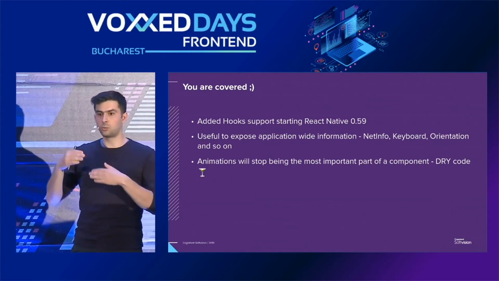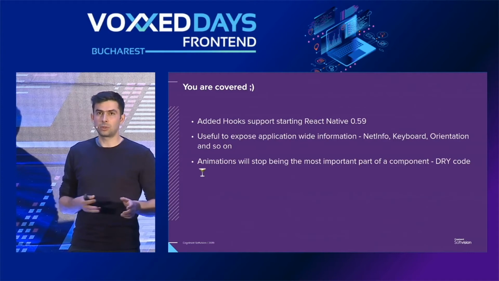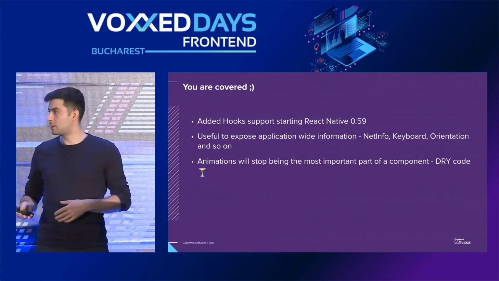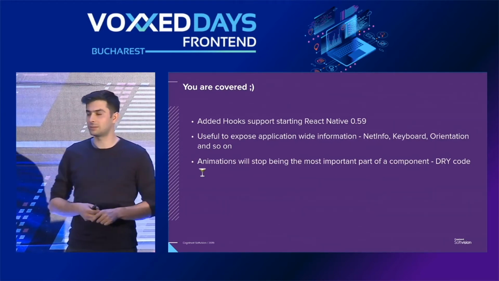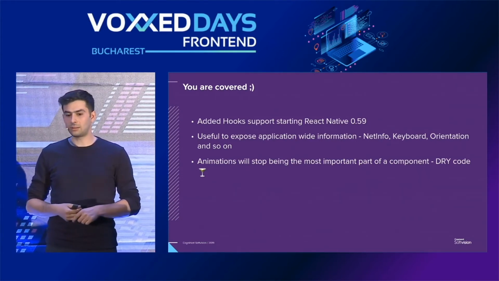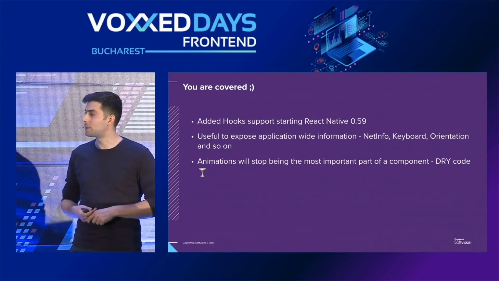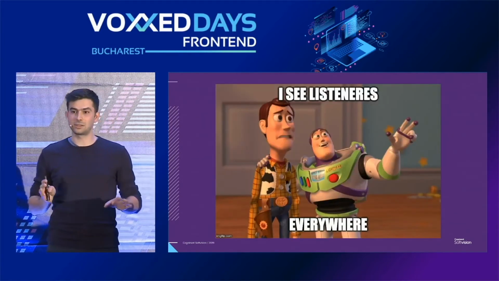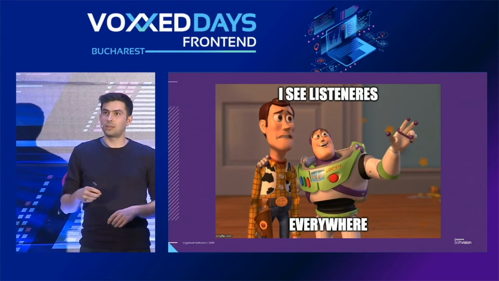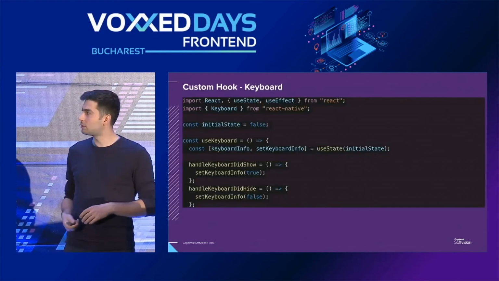So we have to make small adjustments, and there are components, as I said, but we didn't find any component that fits as the best solution for both iOS and Android. And because we have a really good client, they want the same look and feel on both of them. So we started adding keyboard listeners to make small adjustments in our components. And we ended up seeing listeners almost everywhere. So that's a thing that we could extract in a hook and add all that logic in a custom hook